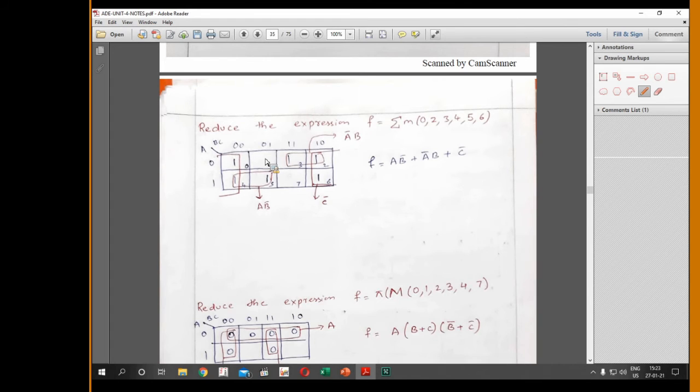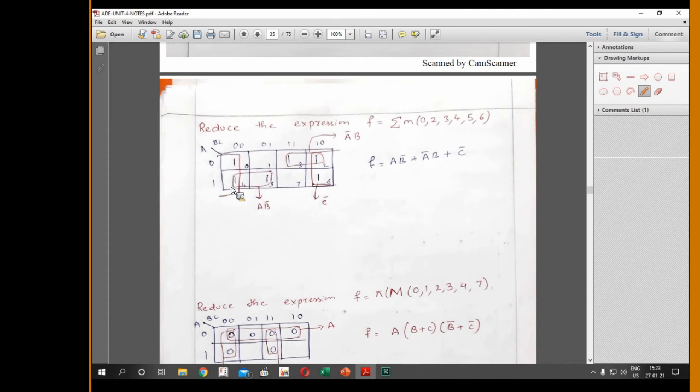So the quad is not possible because it doesn't have a minterm of M1 for forming a quad with 0, 1, 4, 5. So then we'll go for the pair formation. 4 and 5 must be paired. If I pair 4 and 5, where 4 is already covered, in order to cover the uncovered minterm,